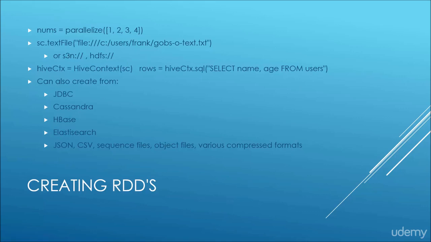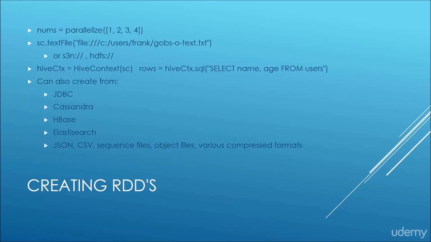And you can just as easily use an S3N or an HDFS URI as well as a file URI to load up data from a cluster or from a distributed file system, as well as from a simple file that might be running on the same machine as your driver script. You can also create RDDs from Hive. If you have a Hive context object that's already been connected to an existing Hive repository, you can create an RDD from that. If you don't know what Hive is, don't worry about it, but